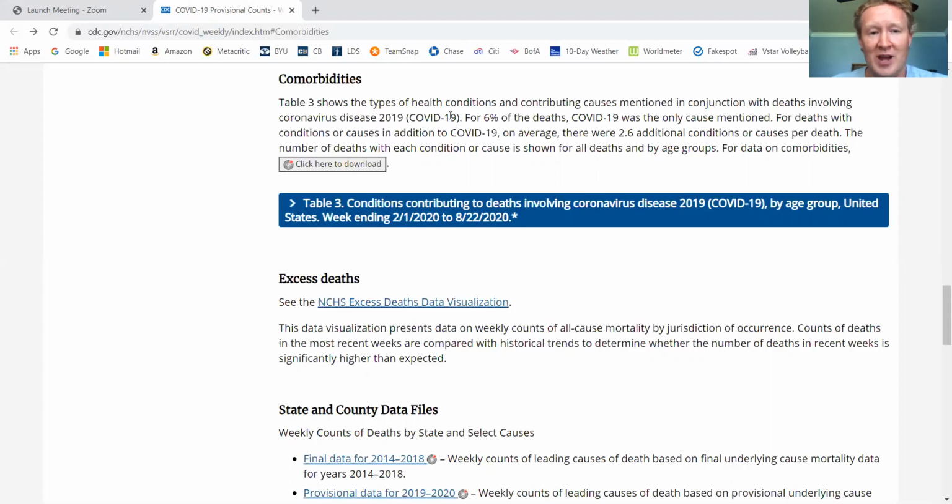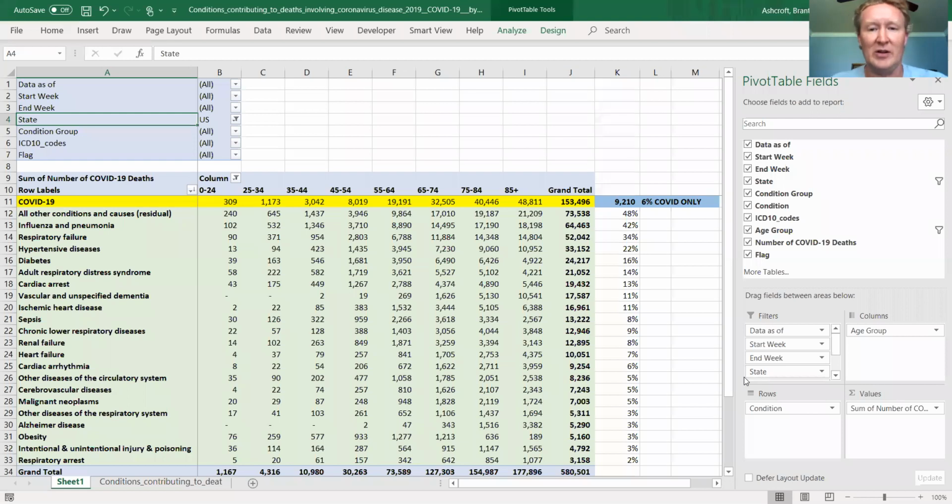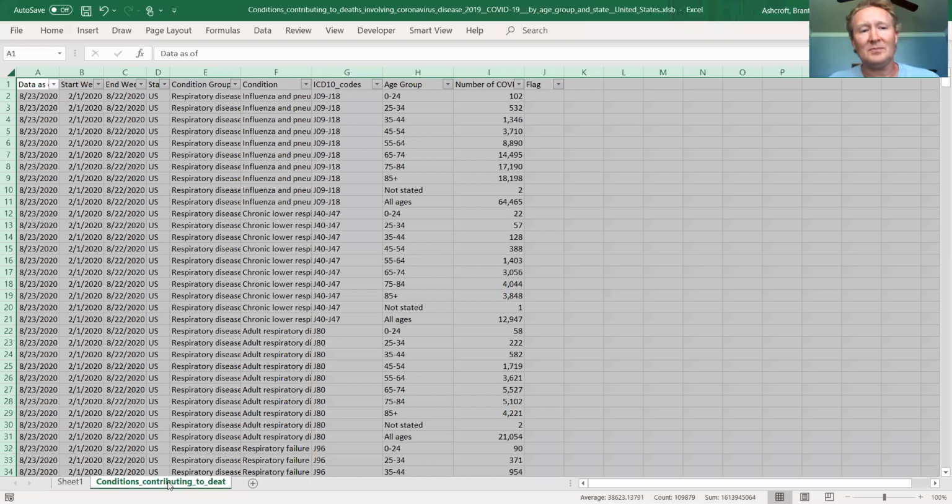The interesting thing is you can actually download the data, like where it says right here, download data. So you can click into that and download a file, a CSV file or something you can put into Excel. That data is actually right here. So when you download the data, this is what it looks like. And as you can tell, this is not an easy thing to try to make sense of.